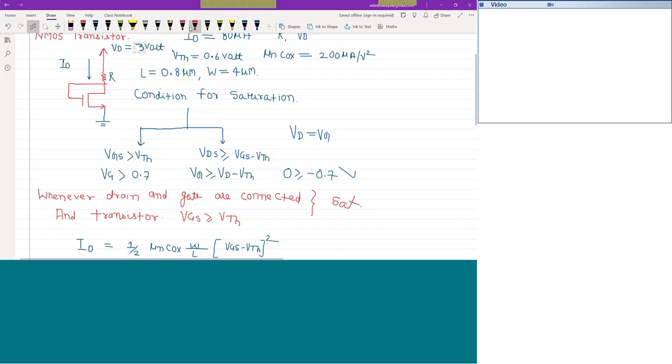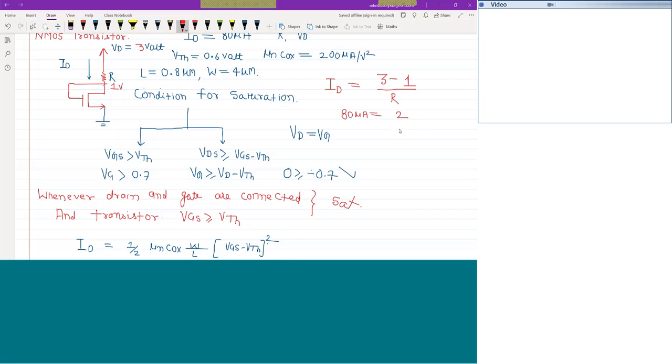If this value is 1 volt, I can find the value of R, that ID is equivalent to higher potential which is 3 volt minus lower potential 1 volt divided by R. और ID का वैल्यू कितना है, the value of ID is equivalent to 80 microampere is equivalent to